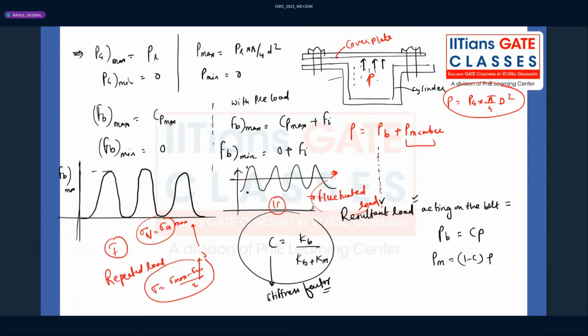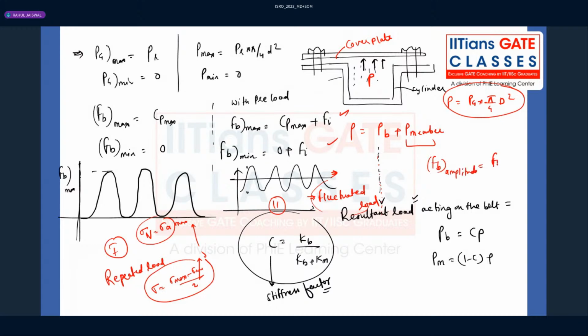So even though somebody will be asking you why the bolt materials are not designed for dynamic loads, here the load magnitude is changing from maximum to minimum. See that, maximum to minimum. It is not a constant magnitude. Then why are we designing only based on the static load? Because here, whatever the values of bolt material, whatever the loads, amplitude loads,